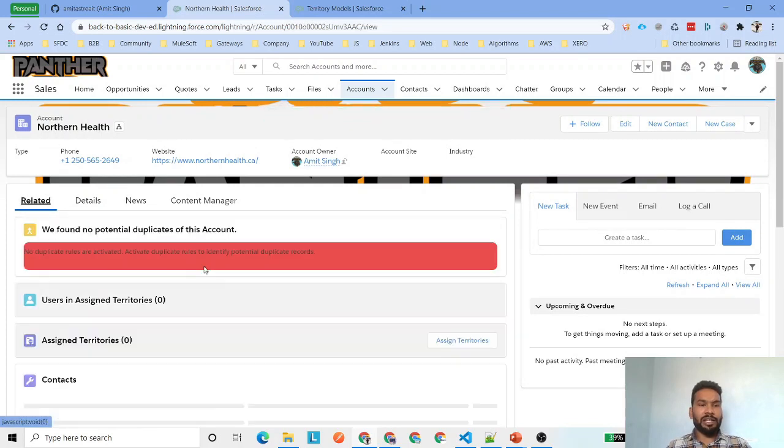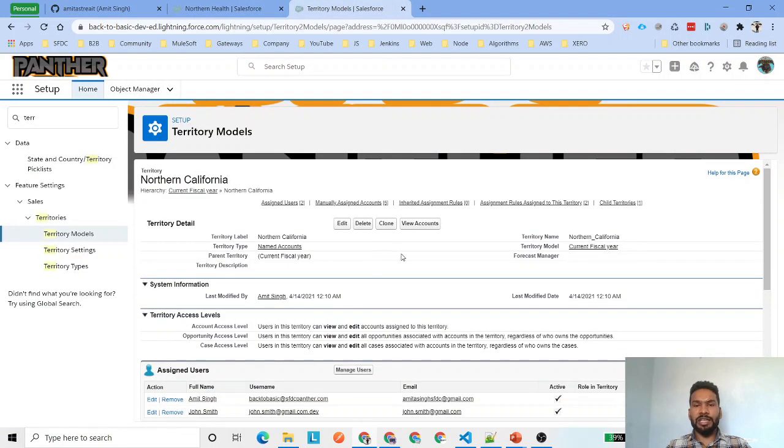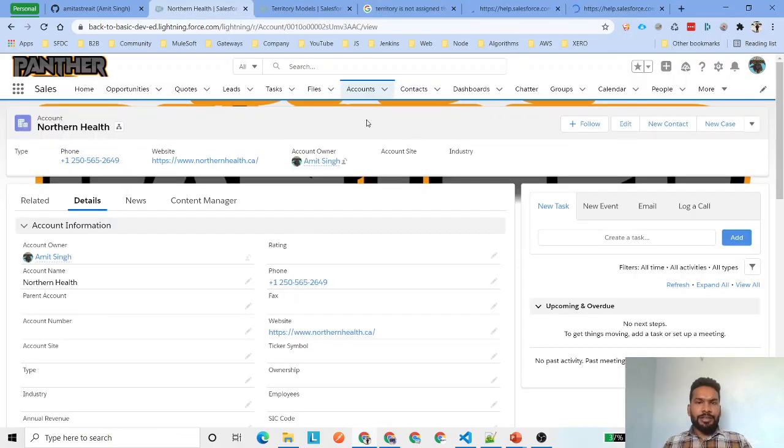If you go to the related list, the territories are not working fine. Let me see if I have received the email for these active rules or not. So I got it. There is one checkbox we forgot to enable inside our account record page.